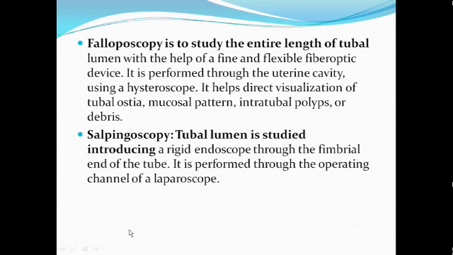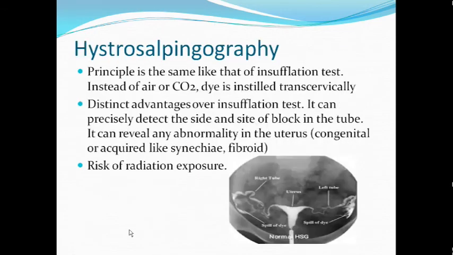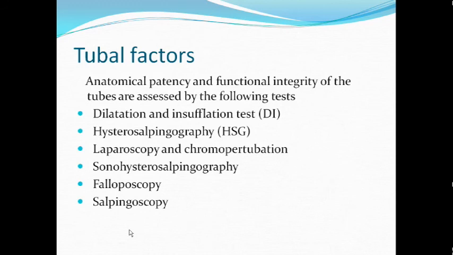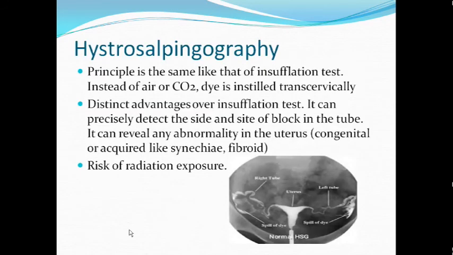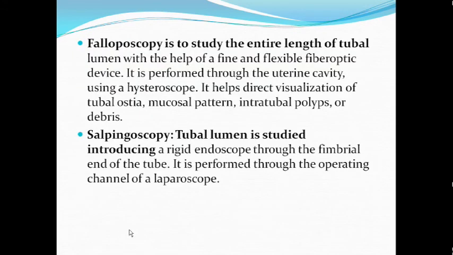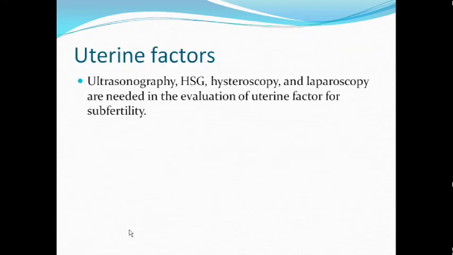So we have seen the different methods to investigate tubal patency: insufflation test, HSG, sonohysterosalpingography, laparoscopy and chromopertubation, falloscopy and salpingoscopy. Now for uterine factor you can assess it by ultrasonography, hysterosalpingography, hysteroscopy and laparoscopy for